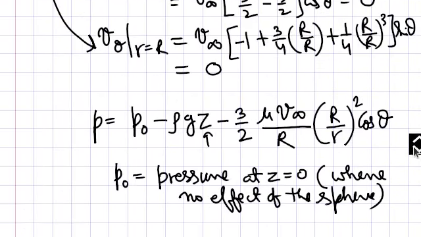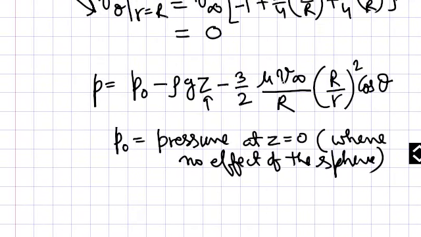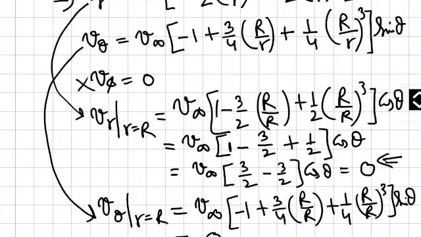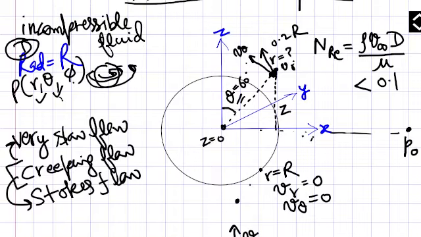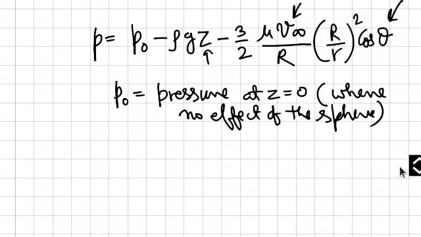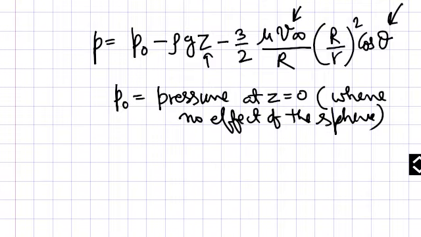And what else do we need? The velocity of approach V infinity, R is the radius, and cos theta, where theta is the angle at which the point is, that is this angle, for example here 60 degree. So if you put all these things in, you can find the pressure at the concerned point. So this is the pressure distribution formula.